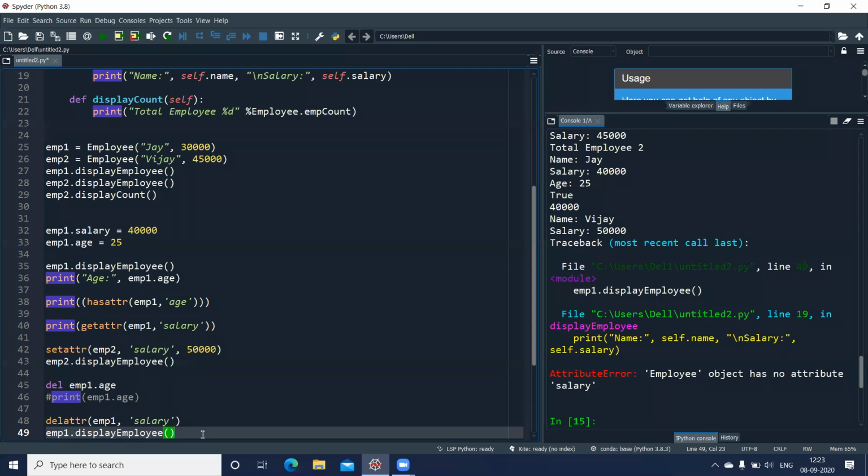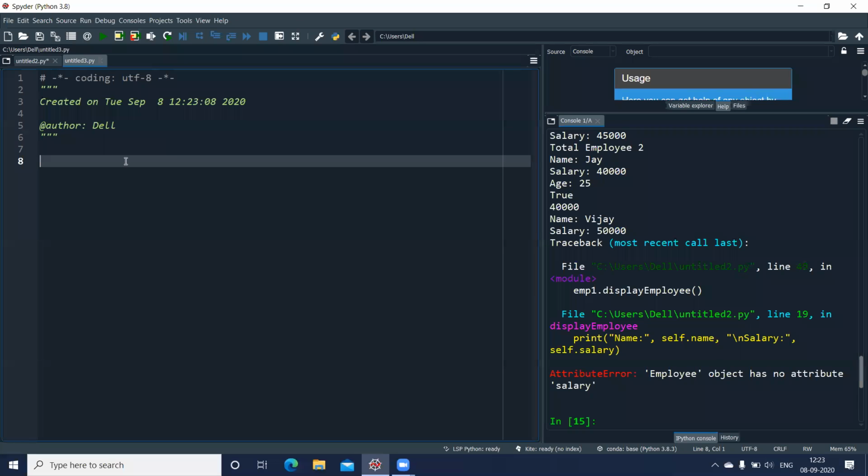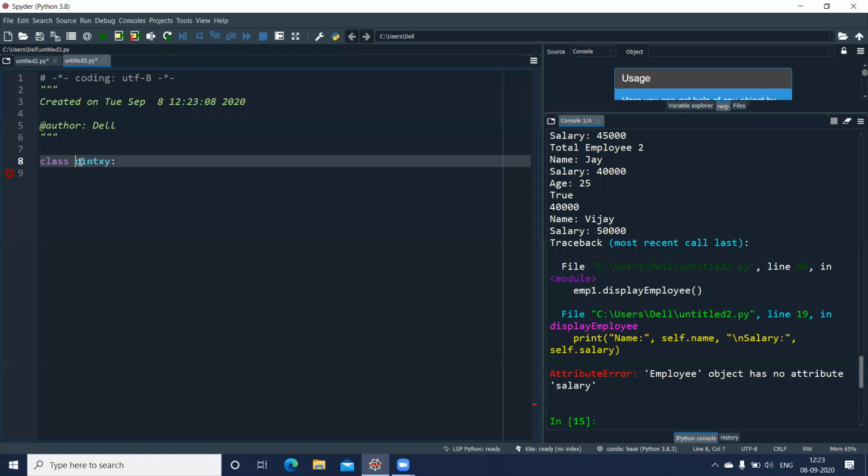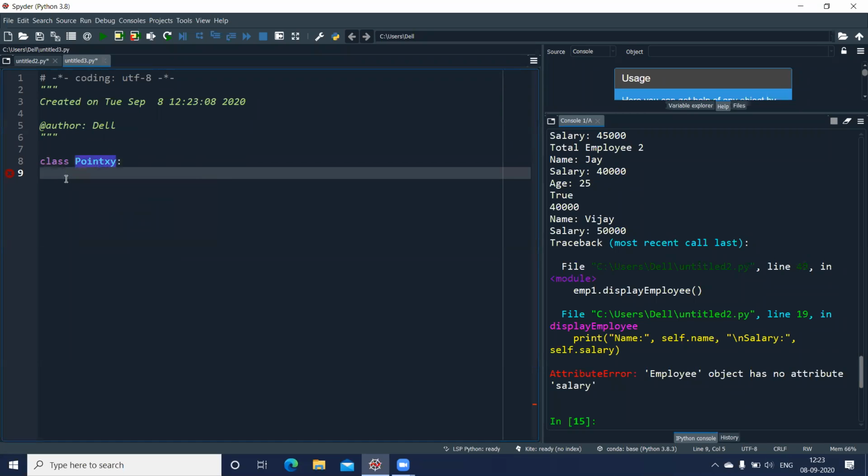Clear? Let us quickly write one more code. I'll declare a class, and I'll give you an example of the destructor here itself. So I'll have a new class by the name, say, let us put Point. This is my class name. Put a colon. I'll put P as capital so that when I save this file, it becomes easy for me.